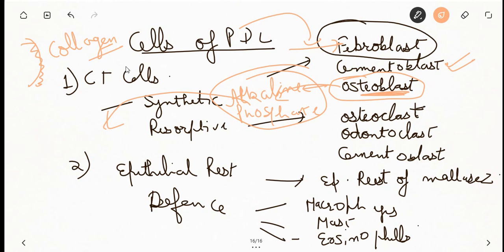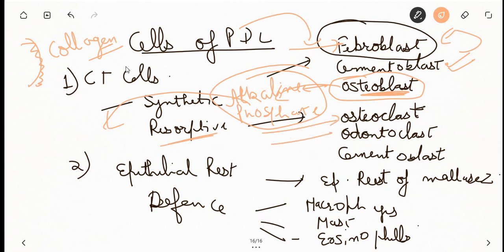Other cells are the cementoblasts. They are cells that are responsible for secreting the organic matrix, mainly the collagen of the cementum. It differs from the periodontal ligament fibroblast in that it has a lesser amount of rough endoplasmic reticulum, it has more mitochondria and appears near the cementum part.